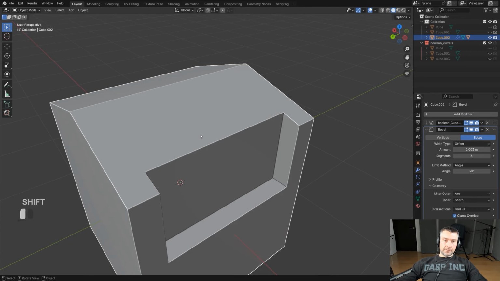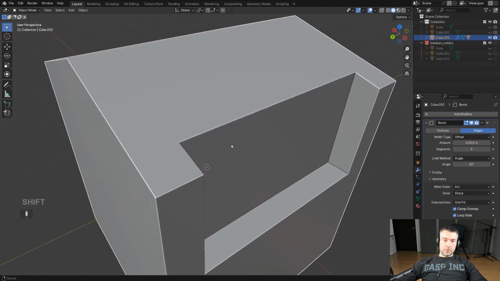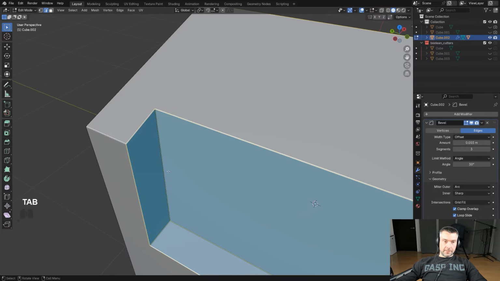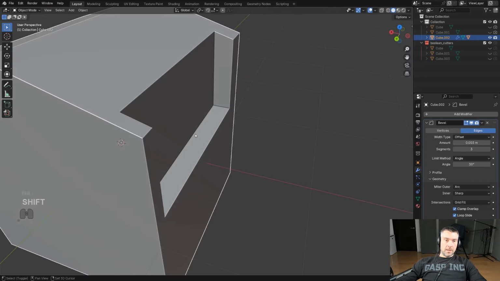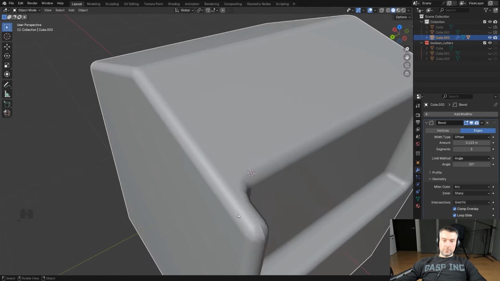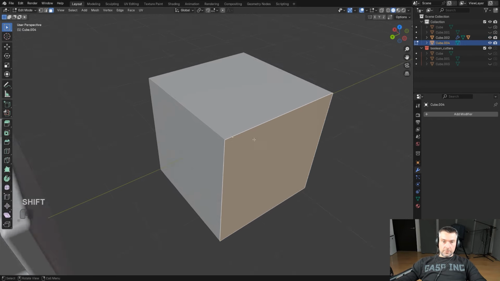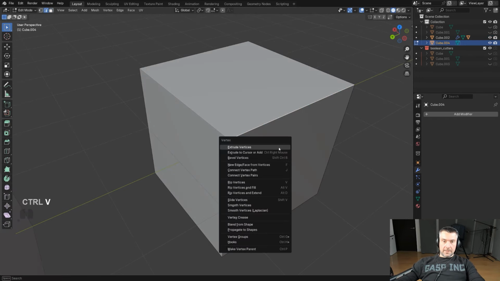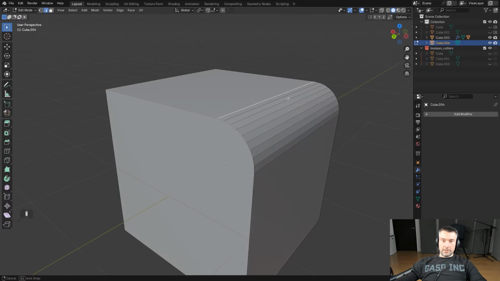Now let me just apply Boolean here, okay, and I want to show you another problem. So let me just press 3 and G and Y and move this face a little bit here. Now let me just make this bevel a bit larger, and you see that we're gonna get this nasty pinch in here. Every bevel, if I'm gonna run a bevel here, has edges that are running on its extremities,